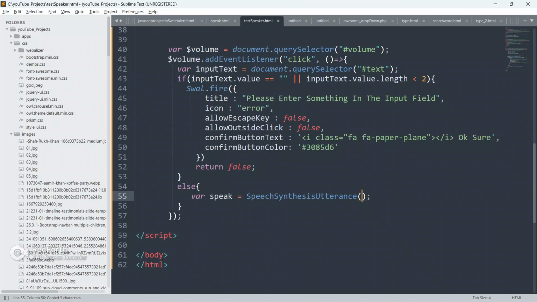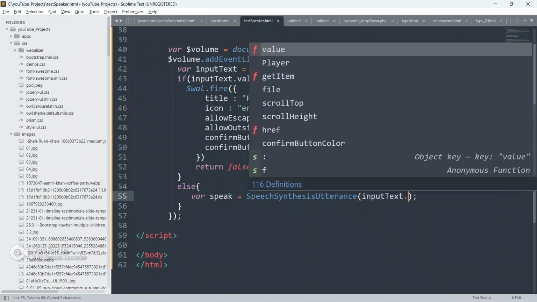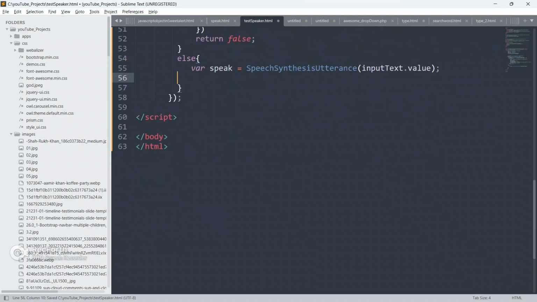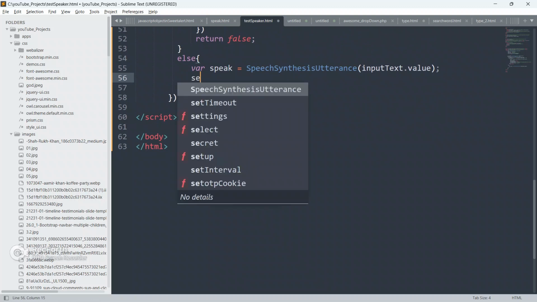What to speak, guys? We have to grab this input text and its value also.